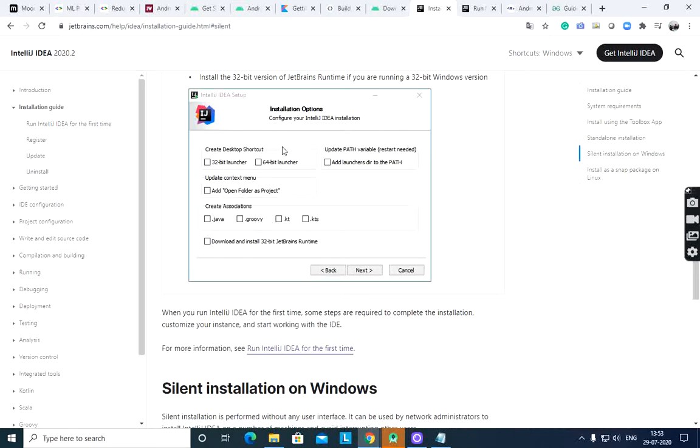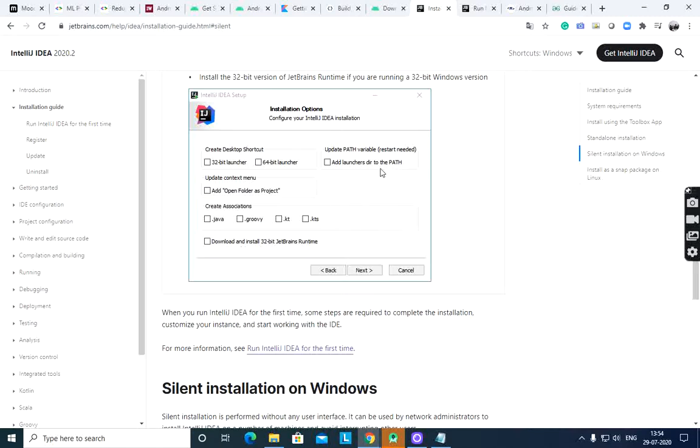Here see the screen. Create a desktop shortcut, 32-bit launcher or 64-bit launcher as per your machine. Select the 64-bit or 32-bit context menu. Select create associations. Suppose you want to use Java and Kotlin associations in your programming, then select .java and .kt. .kt means Kotlin programming extension, .java Java programming extension.